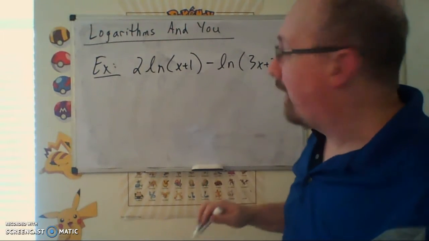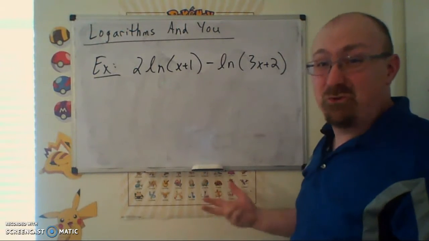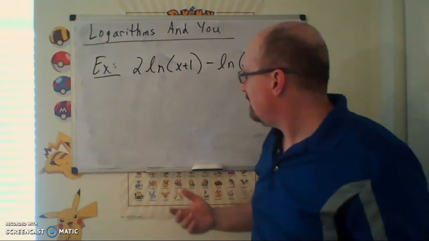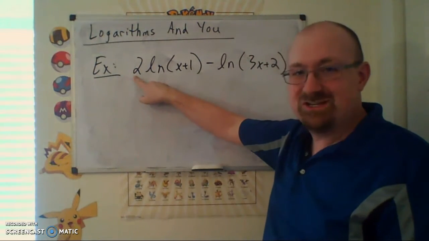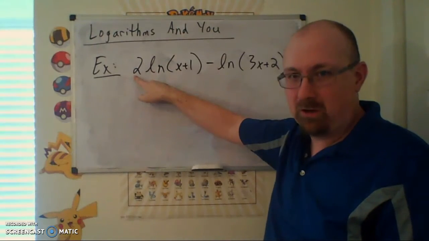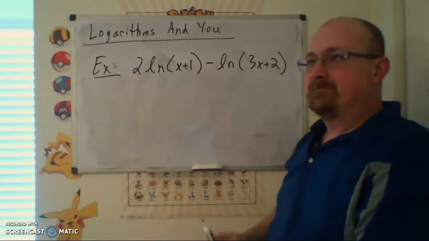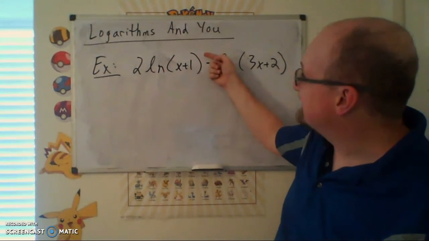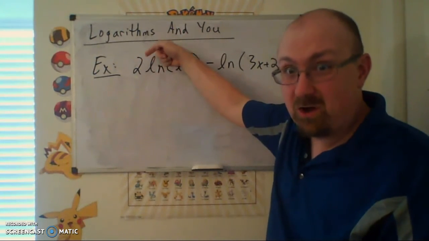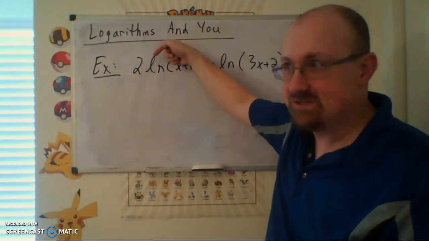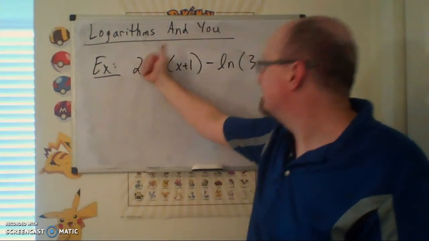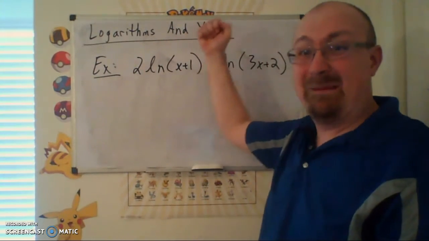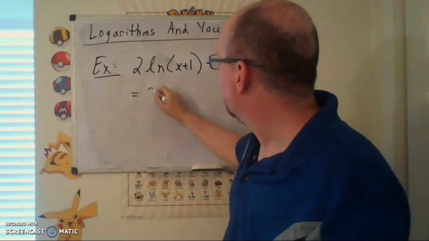Anyway, our properties of logarithms tell us two things that'll help us out here. One, we have a coefficient sitting out front of a logarithm like this. The property as written on the handout says that you can drag exponents out front of a logarithm into a coefficient. We're going to use that property in reverse. We're going to take this guy and slurp him back up into the logarithm. So we have